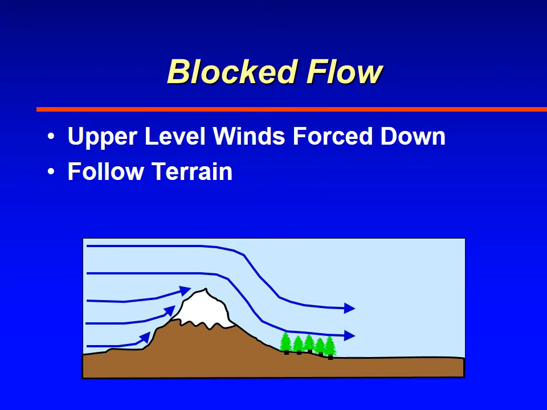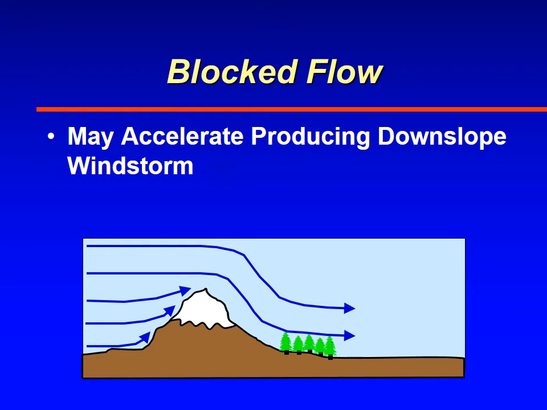Now with block flow, it blocks the wind on the upwind side, of course, and below, typically below the mountaintop. But above the mountaintop, the air may be flowing at a pretty good clip, and as a result, as it comes over the other side of the mountain, it'll follow the terrain. So that sometimes produces strong downsloping winds, and we'll talk about that when we get to the different types of weather patterns that develop in mountainous areas.